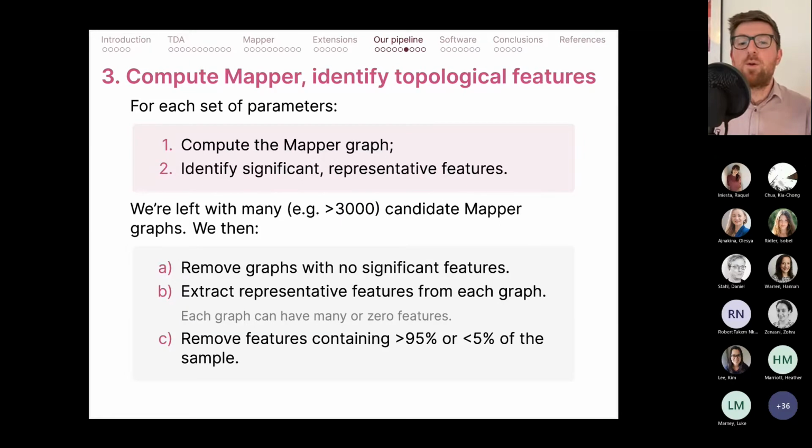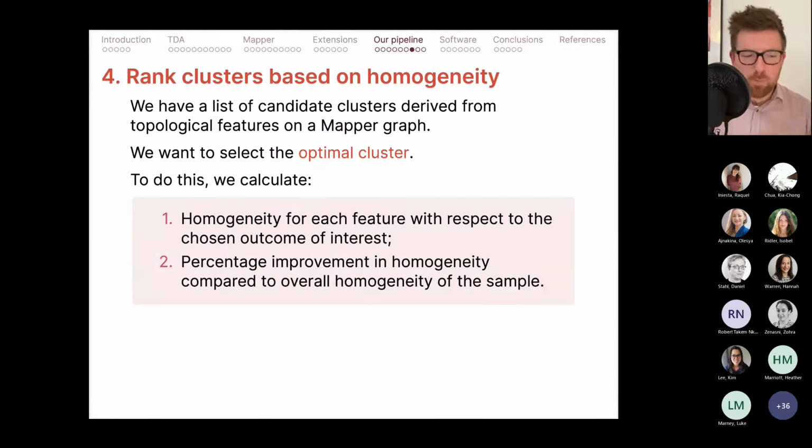So now instead of 3,000 graphs, we have probably even more thousand features. Each of these is a particular cluster of patients or individuals or data points. We then removed features containing everyone or no one, or more than 95% or less than 5%. Okay, so at this point, we have a long list of candidate clusters,